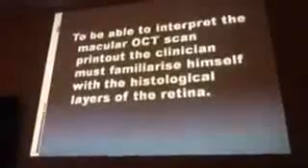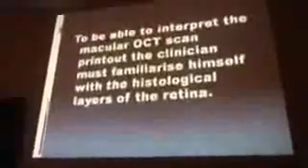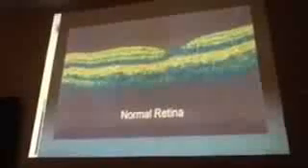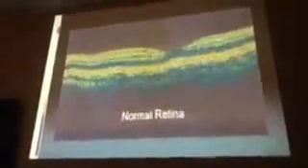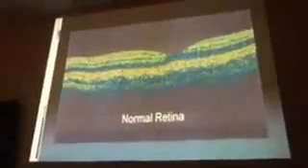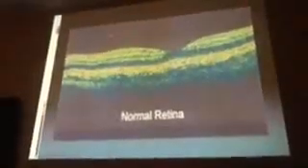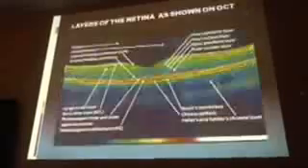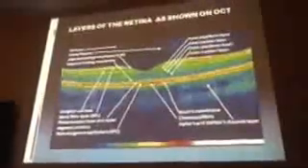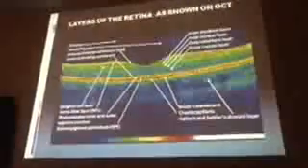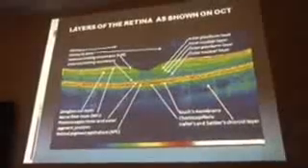Sometimes we look at those colors and just wonder, what is this? And this is a normal retina, you can see. You see the fovea here. So this is a macular scan because they zero in on looking at the retina around the macula. Now, the layers of the retina are shown on OCT. These correspond with the histological layers anatomically.